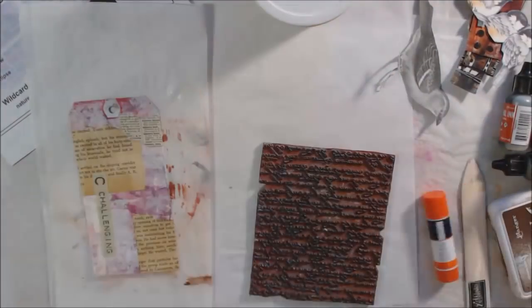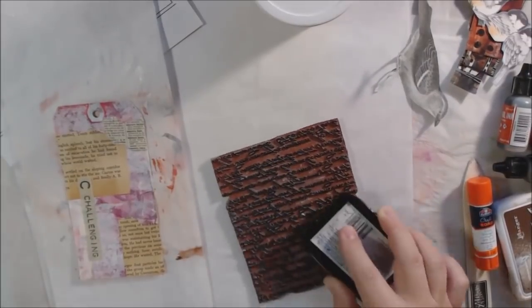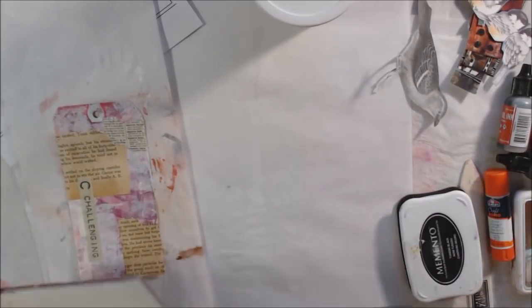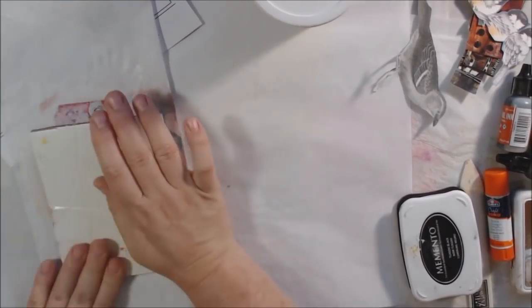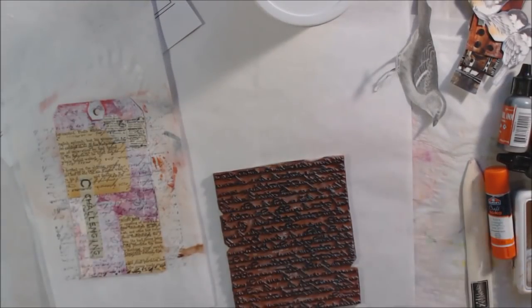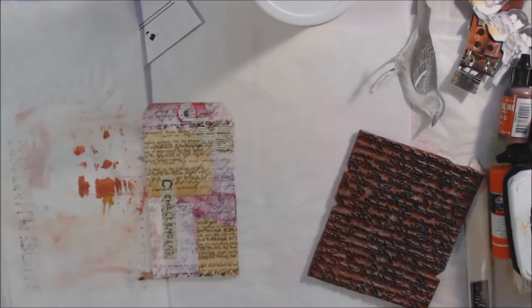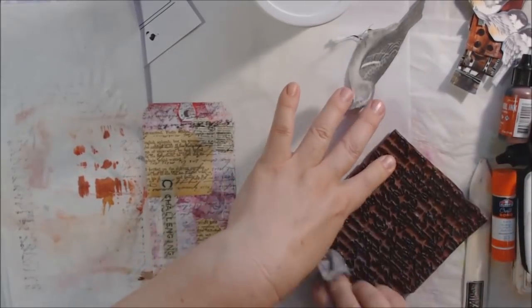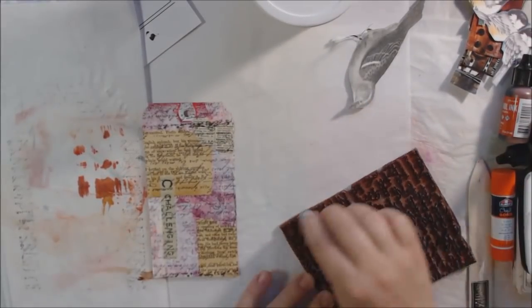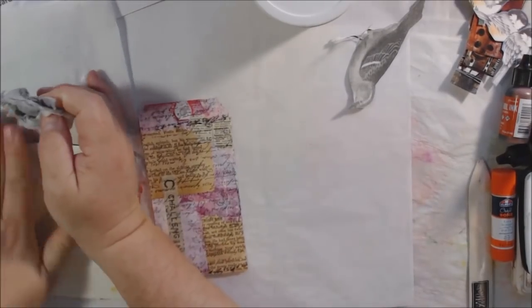It's black on the sticker. Actually, I think it might have been brown on the sticker. But the ink that I use, the permanent ink, I started out with Memento Tuxedo Black and then realized that my Memento pad is in desperate need of some re-inking. It's pretty pathetic at this point. So I switched to my giant archival pad, which is pretty well juiced up right now, to add the rest